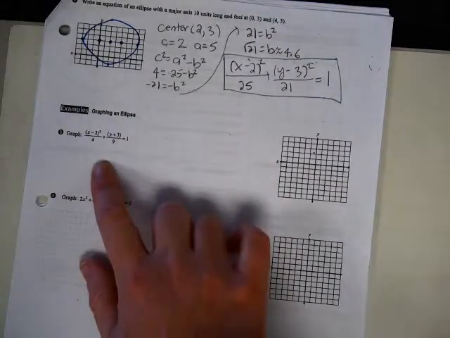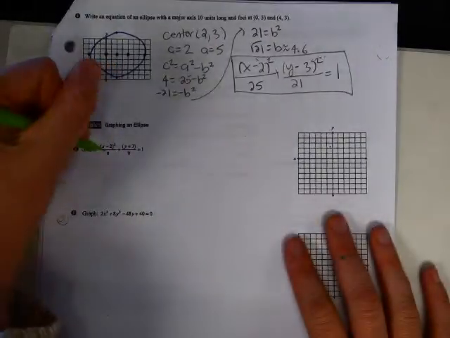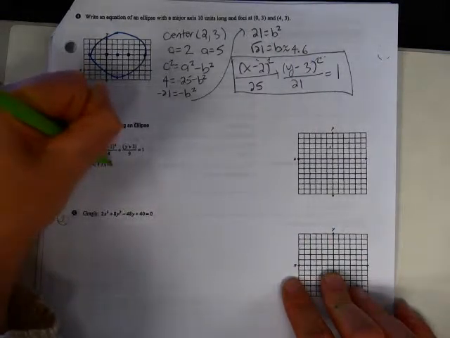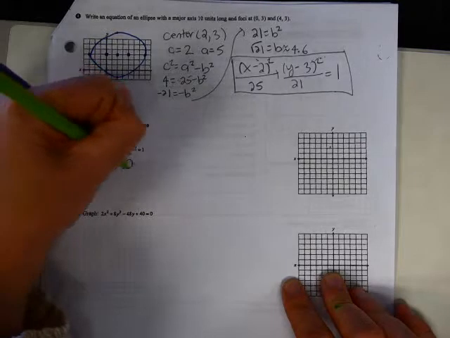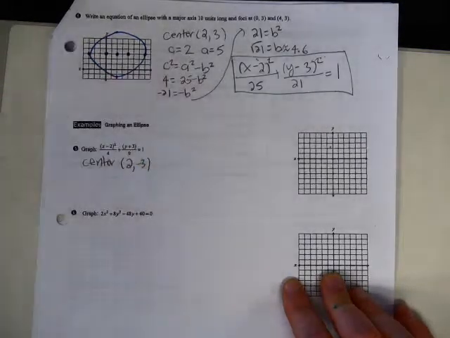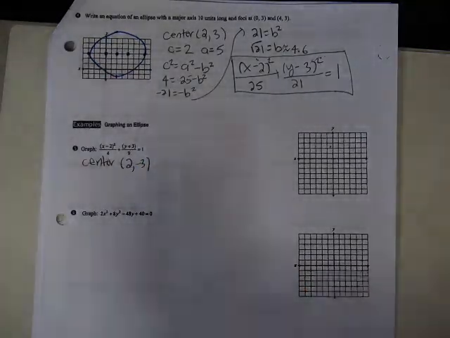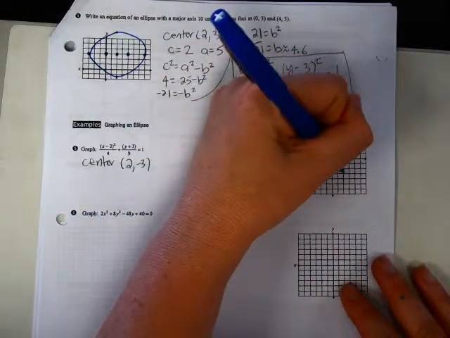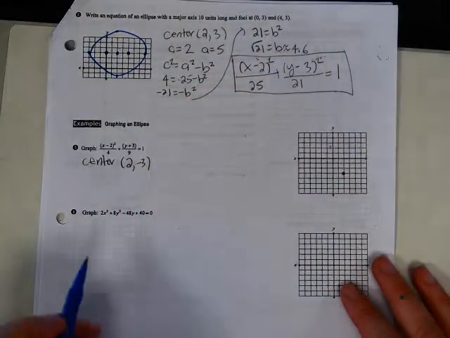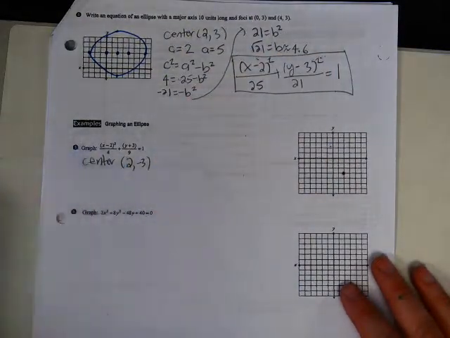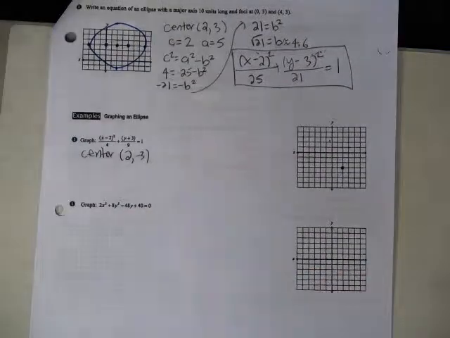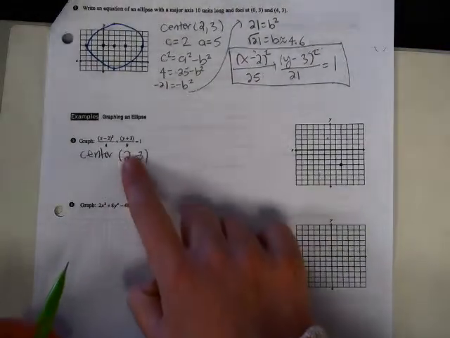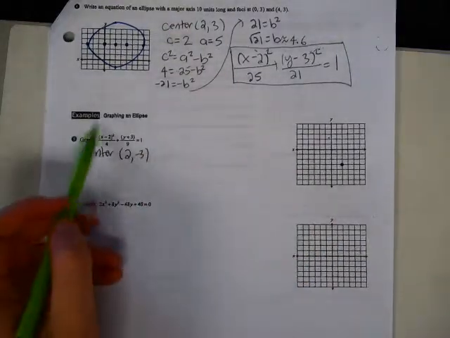And now we can try to graph some of these. So for this one, number 5, I know that my center is 2, -3. So I'm just going to graph that. 1, 2, 1, 2, 3. Alright, and it looks like